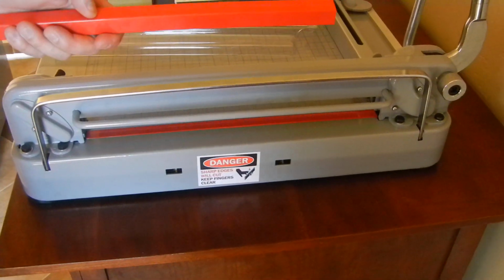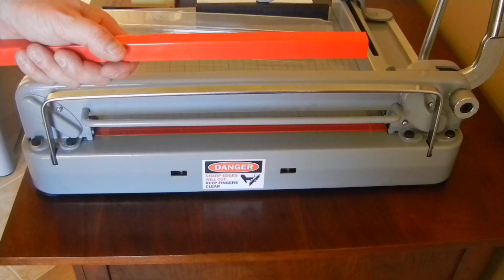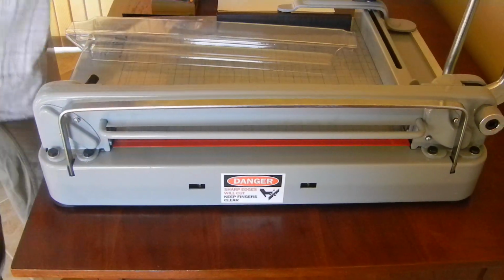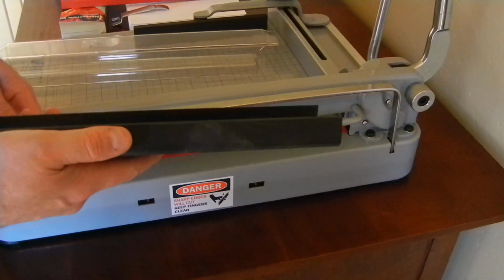Okay, and the only time you really need to change the cut pad side is when you're changing the blade. It's a good idea to start with a fresh side when you put a new blade in. Okay. And actually, one thing I should have shown you, when you're changing that cut pad, before you change it,